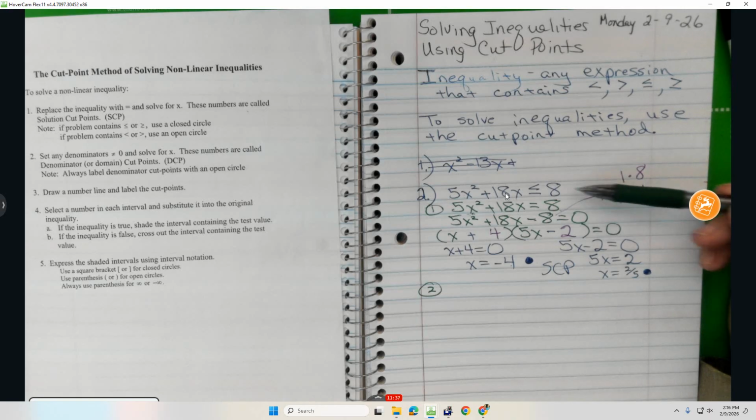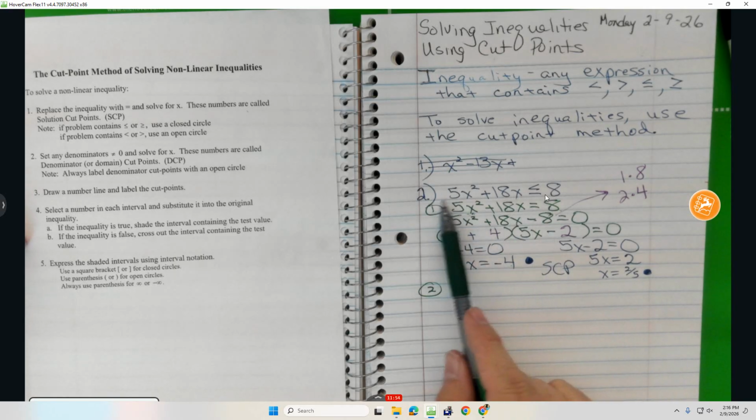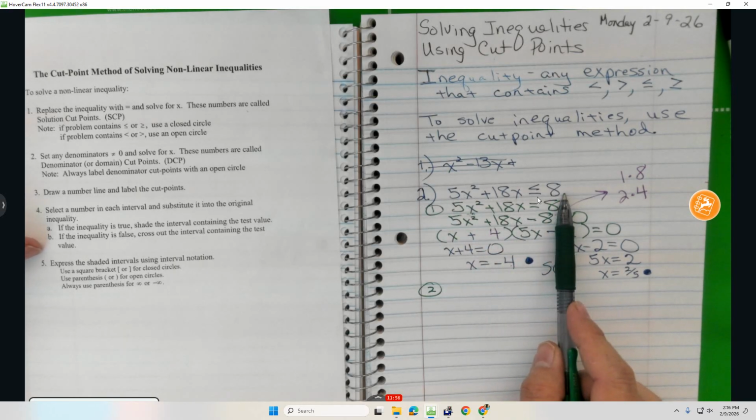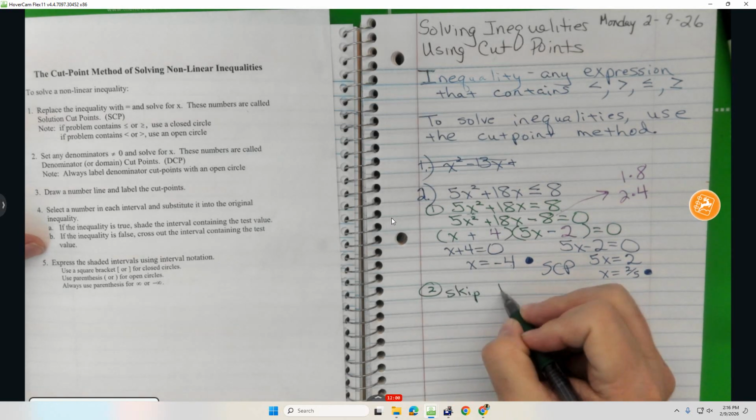In order to have denominators of 0, your problem must contain what? Starts with an F. Not FOIL, not factor. In order to have a denominator, there must be a fraction. There's no fraction. This is a polynomial inequality. So we just skip the second step because